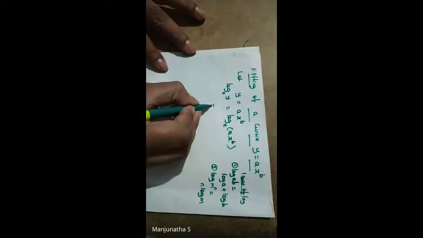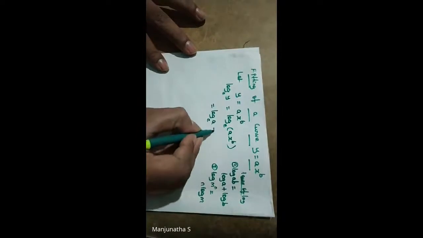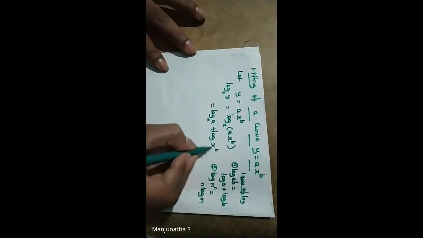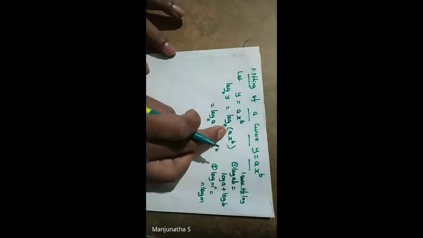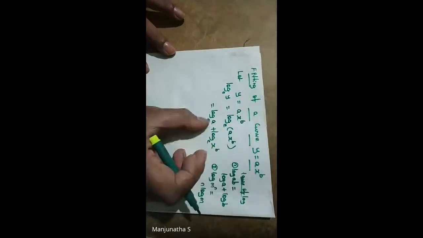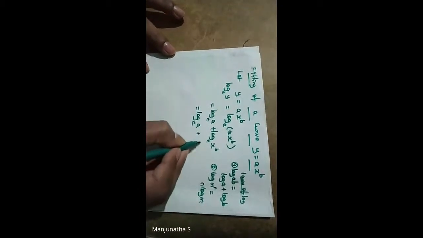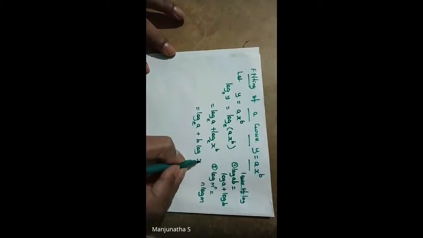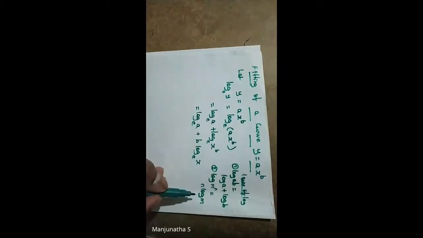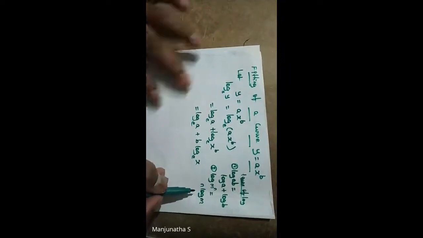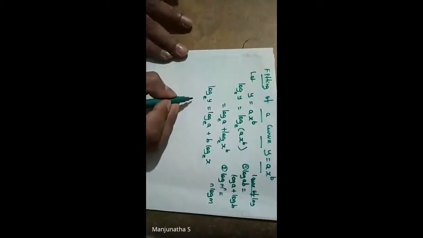So what we get, a into x power b, it is log a plus log x power b. We just applied the log ab formula, where a is nothing but a itself and b is nothing but x power b. Similarly, one more formula is there, that is b into log x to the base e. That means we use the log m power n formula, n into log m.